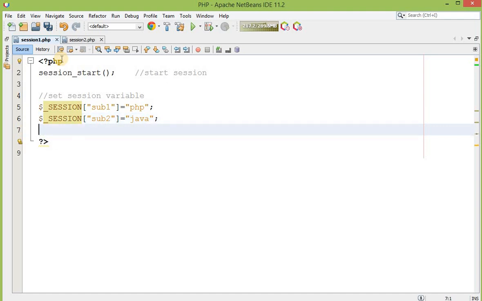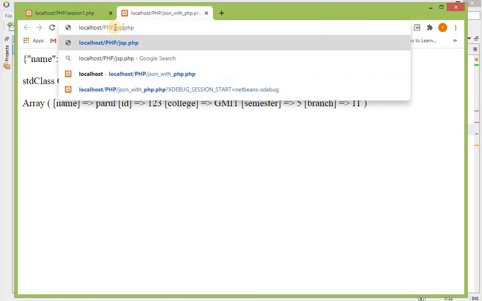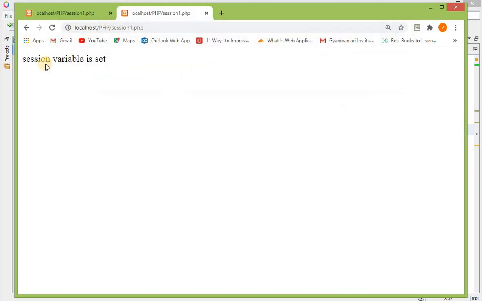And I'm just going to print a statement, echo "session variable is set". Now execute this program. Our page name is session1. You can see we got our message, session variable is set.